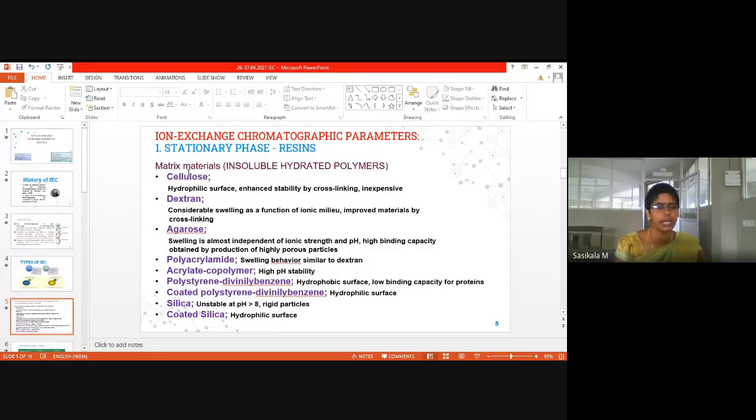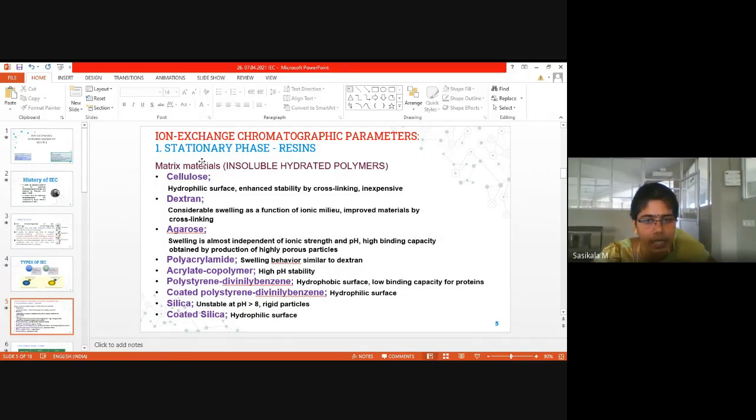So this is one kind of HPLC based on its principle of separation. So what is the principle here? Ion exchange. Cations or anions are exchanged here. So that we are going to discuss. So don't confuse. Instrument used for ion exchange chromatography separation is HPLC. Only we are going to change column and mobile phase, stationary phase and mobile phase.